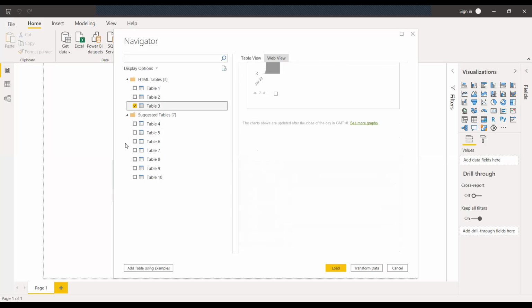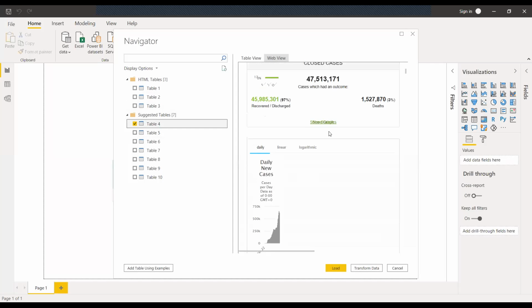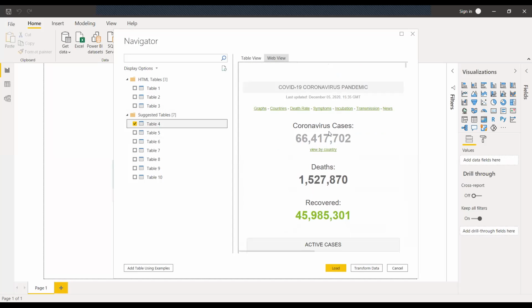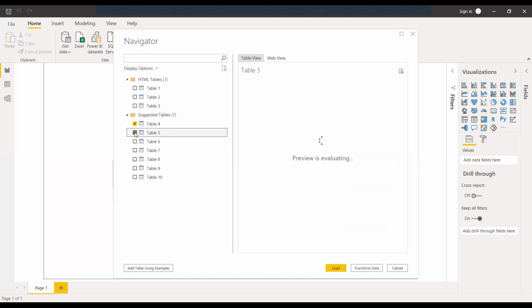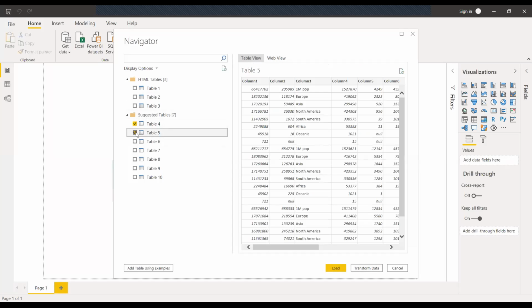We have to be specific about the table. Table view. In the table view, we have to be on that specific table in which the entire data is.